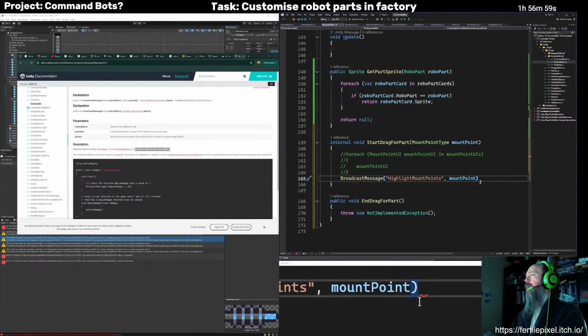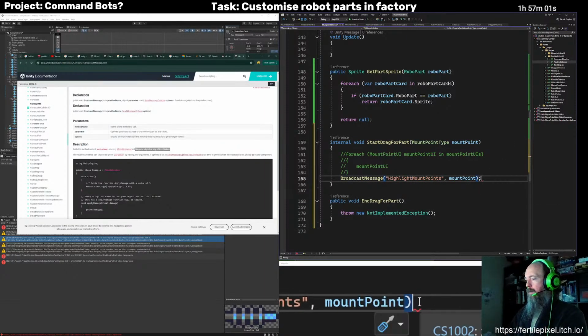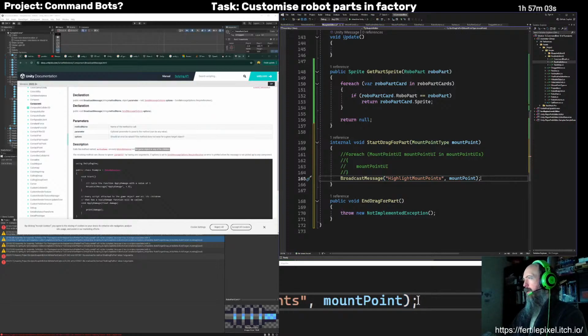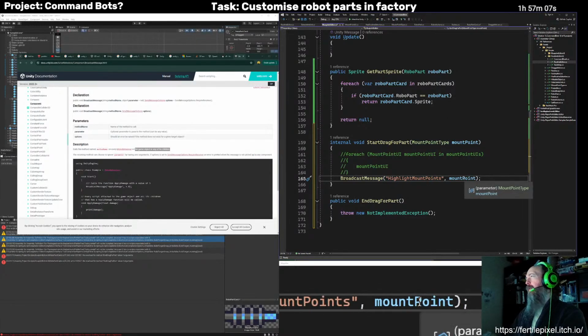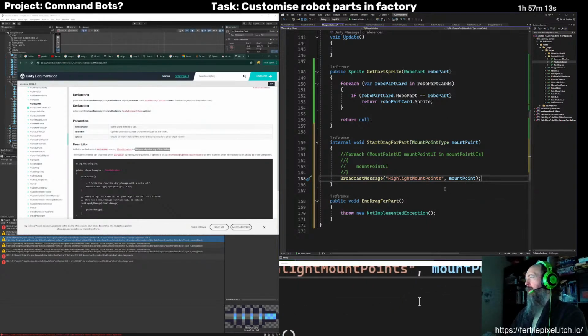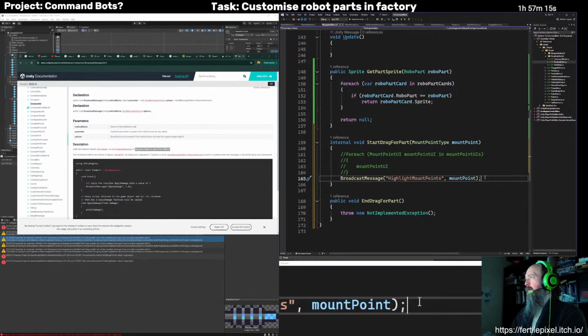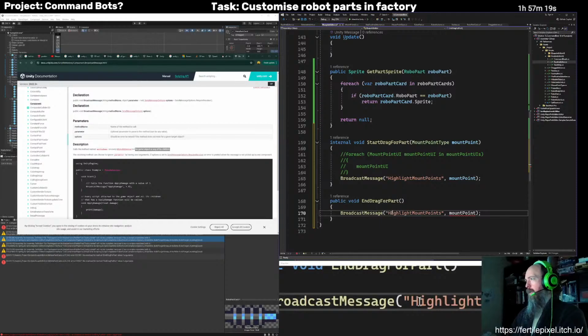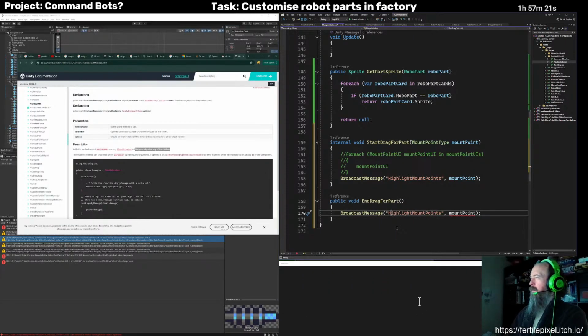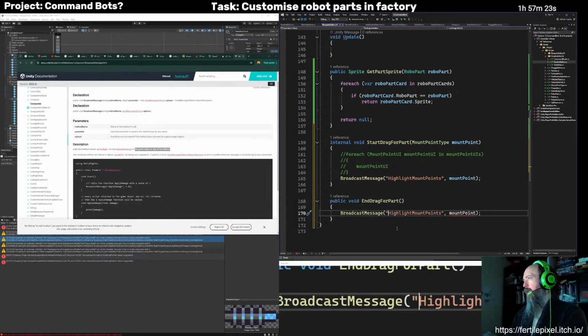Well, that should probably do the trick, I think, but I guess we're going to have a mount point of null or -1 or something. I think I'll just keep it simple and give this a different name, like clear highlight mount points.